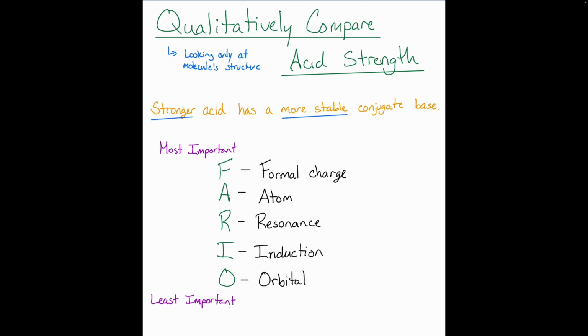things to consider here. The formal charge, the atom, the resonance, any induction stabilization, and the orbital, right? And again, this is a ranked list here where the most important is that formal charge and the least important is the orbital. And again, what we're really doing when we're talking about a stronger acid is we're looking at the stability of the conjugate base, right? A strong acid means that it's nice and stable after it donates that proton. So a stronger acid will have a more stable conjugate base. Cool. All right. Real quick,